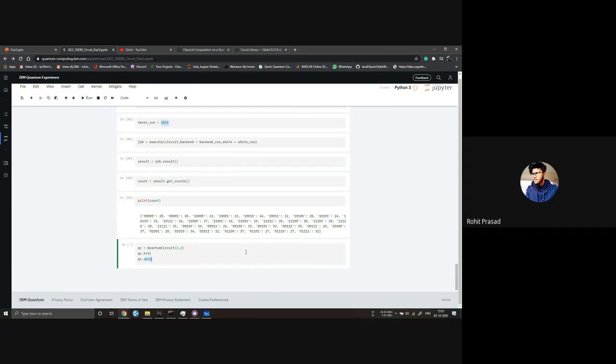Then I want to measure 0, 1 onto 0, 1. We have our backend and number of shots defined.